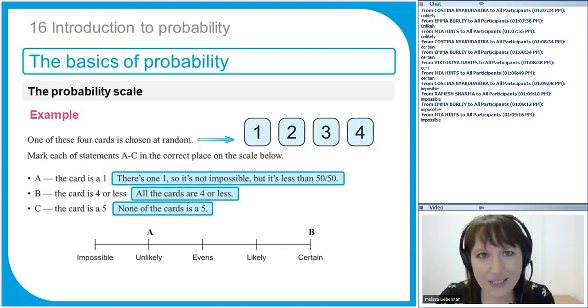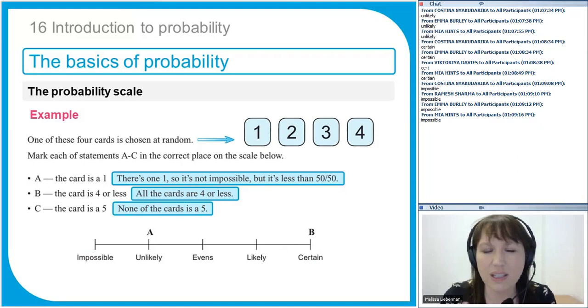Now when you do your actual GCSE exam, when we introduce probability, we give you an idea of the language that we're using. But please don't use these words in the exam, because usually, unless they actually say describe the probability or put it as a word, you will be asked to put your answer as a number. So please be careful of not putting these words in when you're asked to find a probability that you can calculate. You can calculate it, unless it's something like what's the probability that it will be sunny tomorrow or something like that. Probabilities should be given as numbers. So there's C over there right at the end of the line.